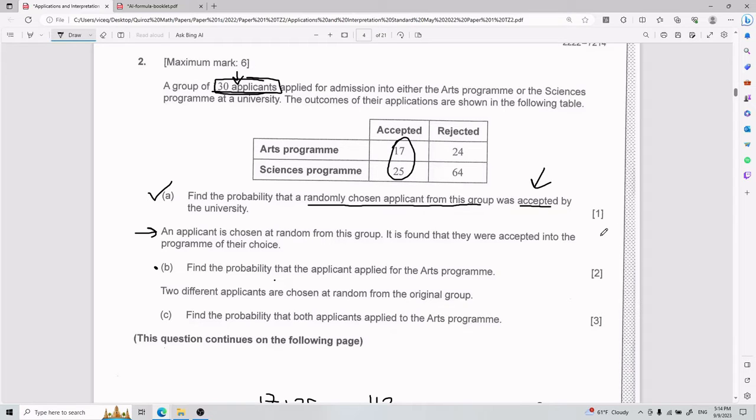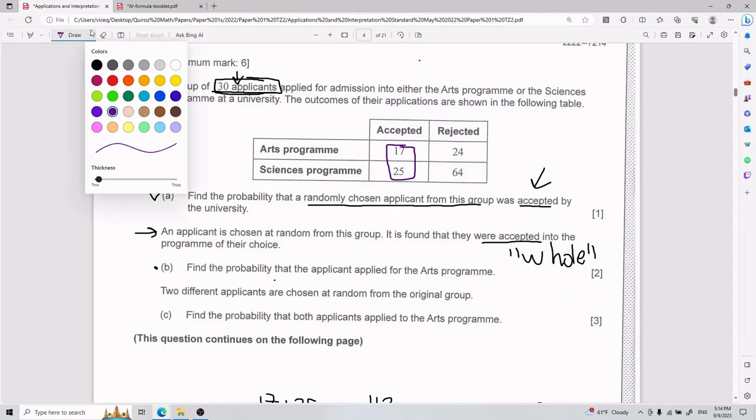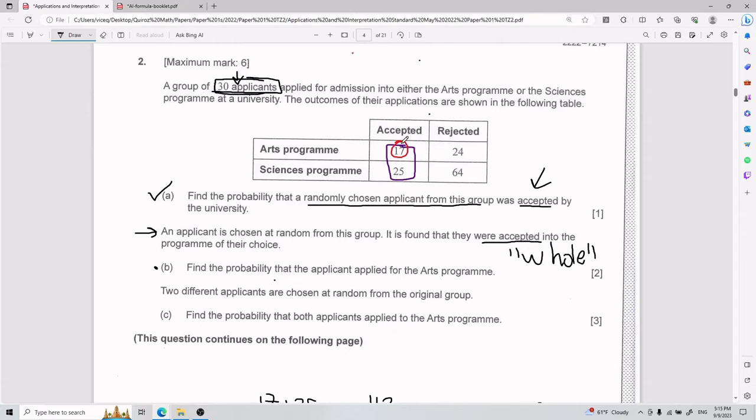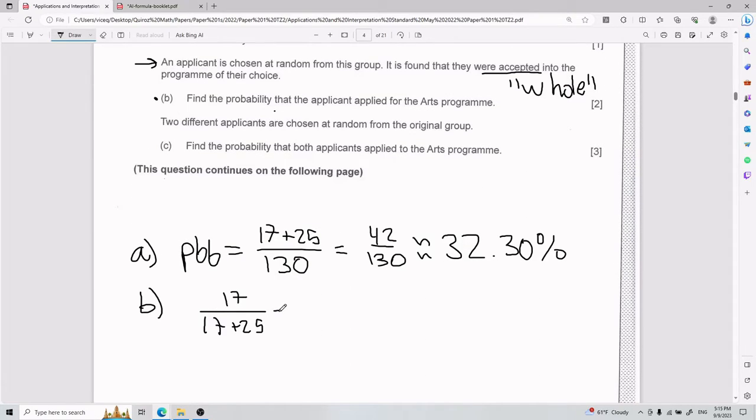So I'm going to say that again. Be very careful about what I'm saying. The guys that we're looking for, my new whole, is not the 130. It's the ones that were already accepted. So of those that were accepted, how many are in the arts program? So my whole is what I'm going to put now in purple: of those that were accepted, how many were in the arts program? Keeping that in mind, of those that were accepted, we have 17 plus 25, divided into those that are in the arts program, which is just 17. So this is going to be 17 over 42, which is roughly